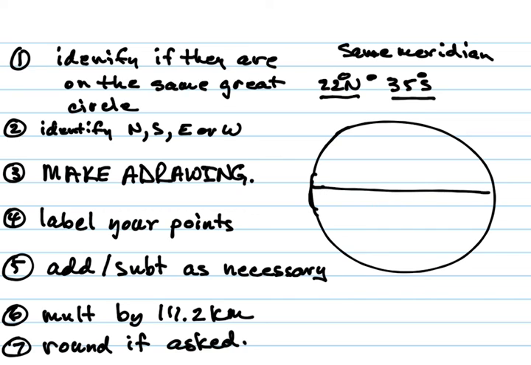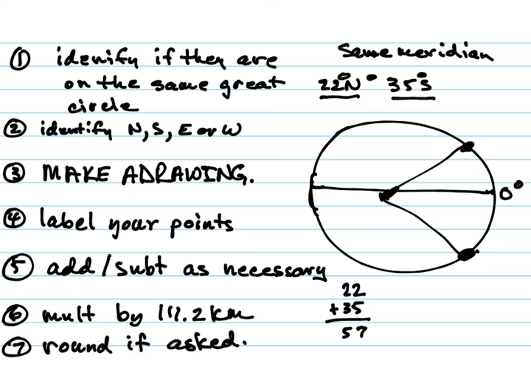Instead, I always draw the equator here, and then if it's north, I'll put it on this edge, and if it's south, I'll put it on this edge. Then when I draw it, it looks like arc length, right? Like what you're used to. Otherwise, you start getting into that 3D geometry. It looks a little funny if you put it in the center to me. But you do what you want to do. Now since I'm crossing the equator, that's 2 values. But I need to turn them into one value by doing what? Adding them together. So 22 plus 35